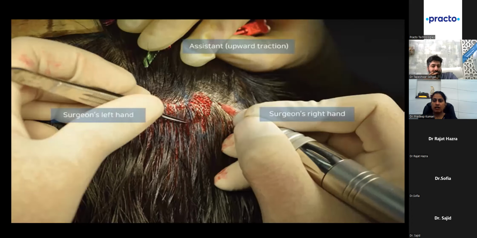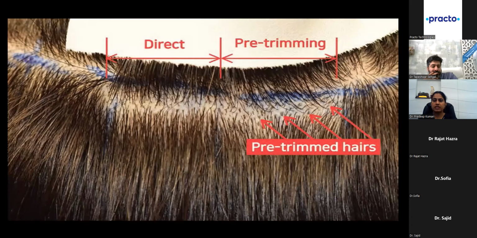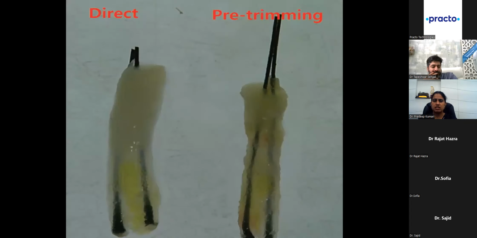Extraction wise, if the patient does not allow for a zonal trim, meaning a slight window, then we can do it in between the existing hairs also. However, this reduces the yield significantly. So what we do is we do some small areas of strip pre-trimming, and from there in between we take the hairs. So the surgeon's job becomes tedious, and a non-trimmed hair would show up a longer hair shaft compared